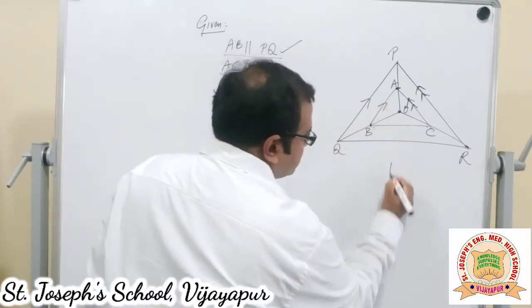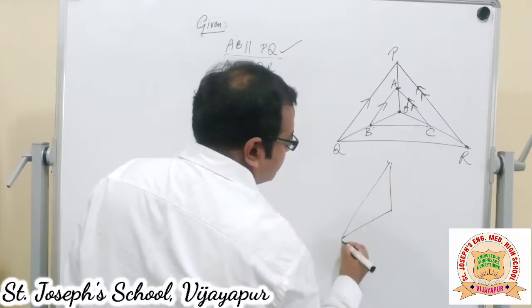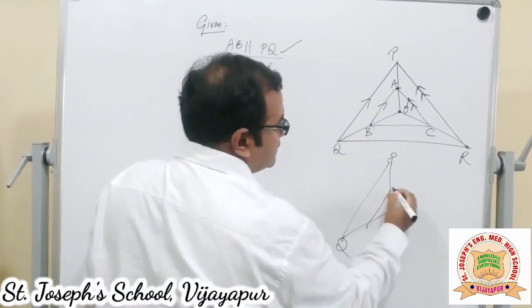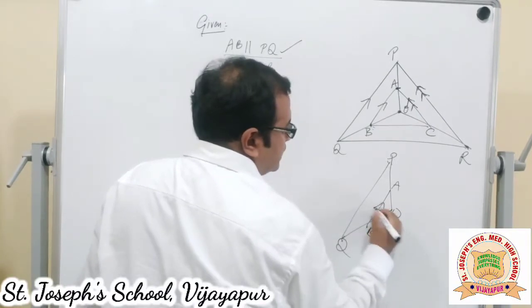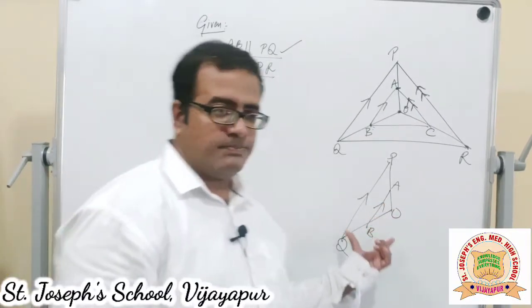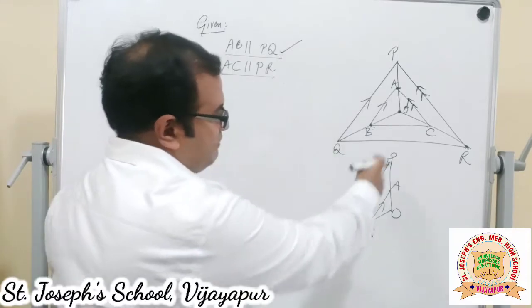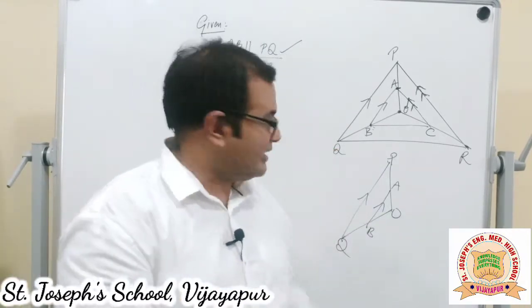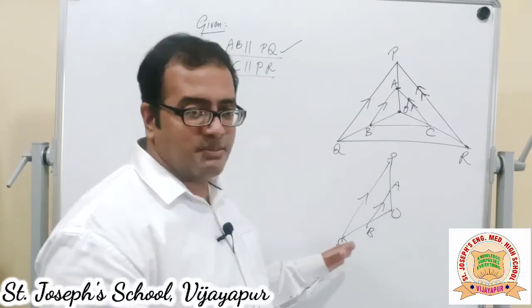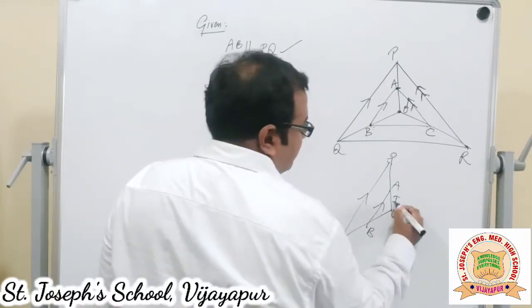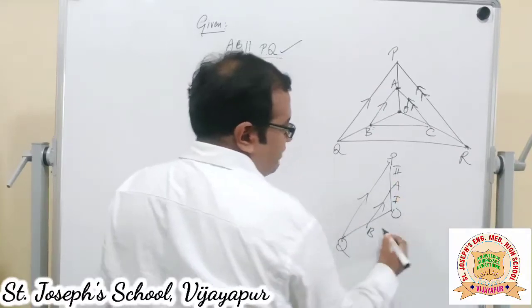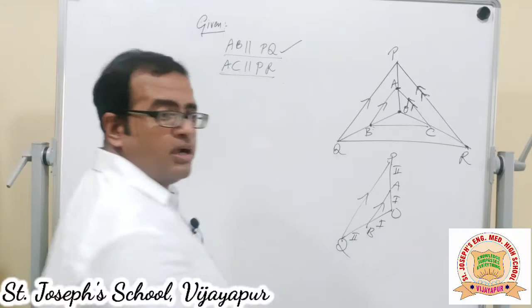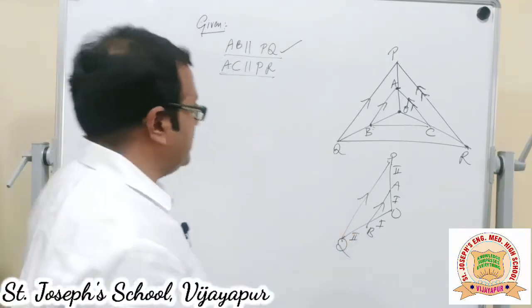Let us have a look at this part of the triangle, that is OPQ with AB parallel to PQ, this part. Now if you rotate it clockwise, if you keep PQ as the base, if you can rotate your paper or book in which you are writing, you can see that PQ becomes the base, then OA is the first part and AP is the second part. On the other side, OB is the first part and BQ is the second part.